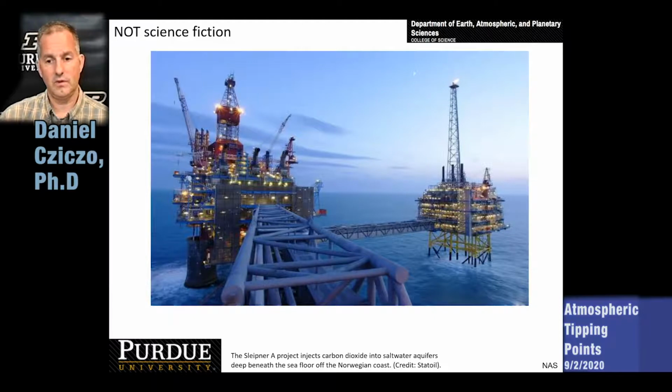And just to make sure that the viewer doesn't think that this is science fiction, this type of work is actually already going on. There are things like oil and natural gas drilling projects that remove natural gas from subterranean reservoirs. When they pull that out, it has natural gas, but there's a high amount of CO2 with it as well. And so what is done is that CO2 can be separated out and then re-injected back into whatever reservoir there is for that natural gas.